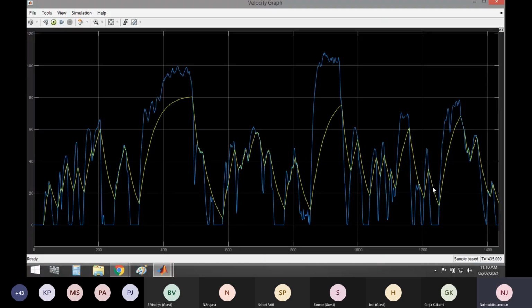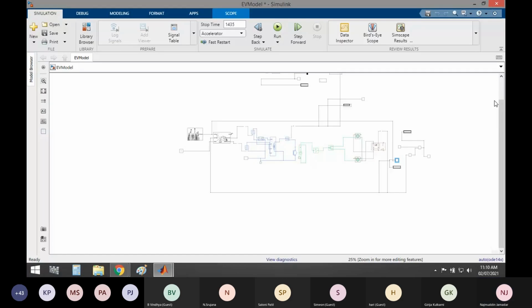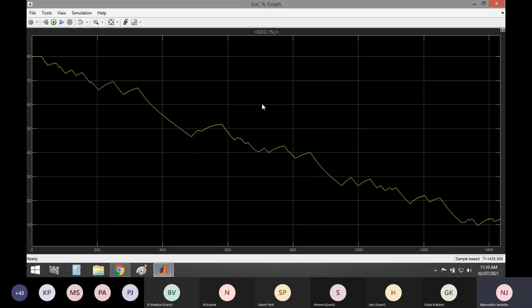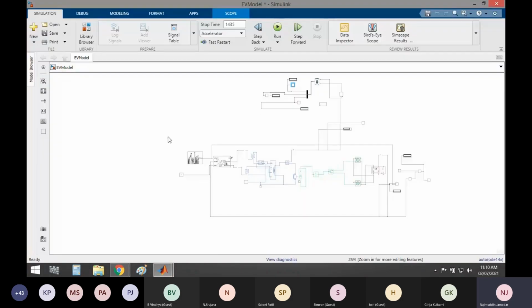So this is somewhat better in a predictive controller as compared to the PI controller. I will again verify my state of charge. Again, this is varying. Okay. So this is how we have designed and tested our electric vehicle in MATLAB.